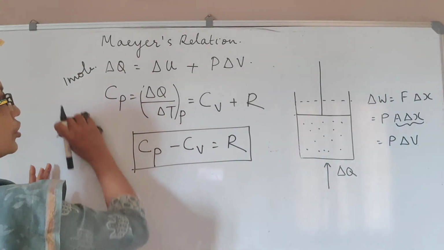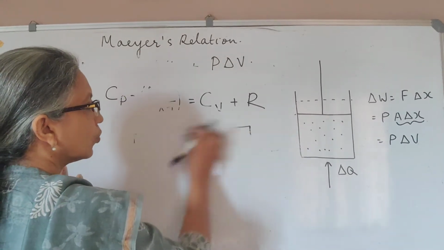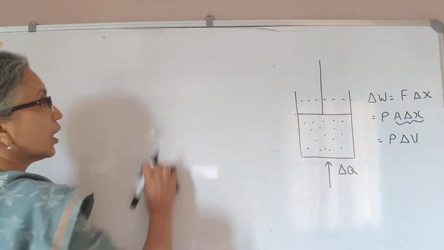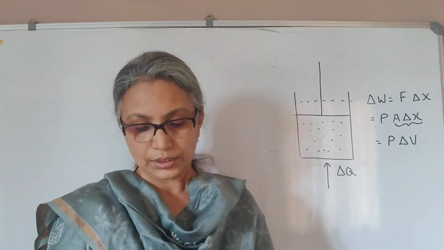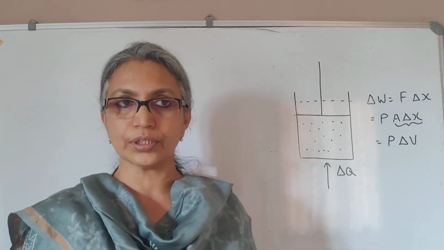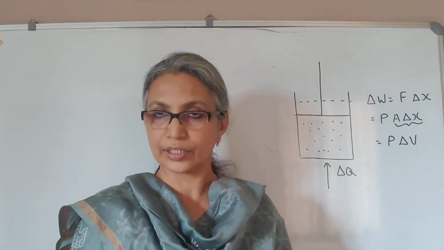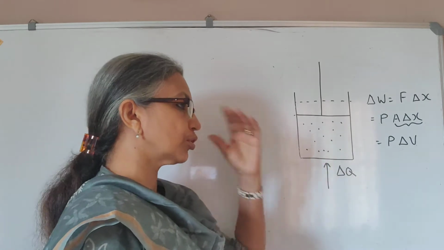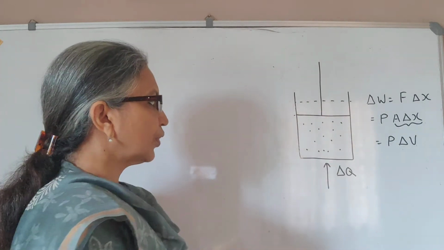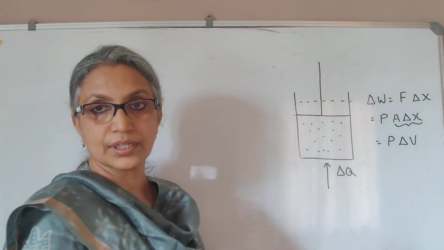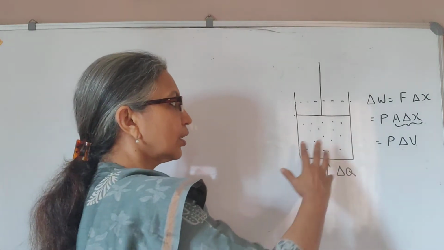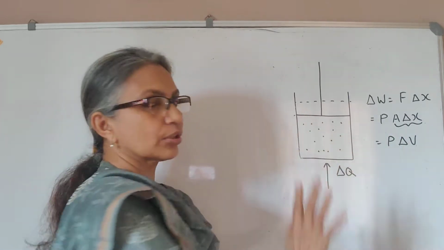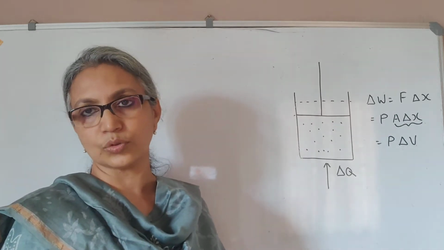So now that we finished this relation between Cp and Cv, we go on to discuss two processes, one called the isothermal process and the other the adiabatic process. See, if a process takes place at constant temperature, then it is called an isothermal process. That means if the gas is expanding, let's say it's taking in a quantity of heat and it's expanding, if the walls are diathermic, which we discussed in the first session as conducting walls, then the system is allowed to transfer heat. That means absorb heat from the surrounding, keeping the temperature of the gas a constant. Such a process is isothermal.